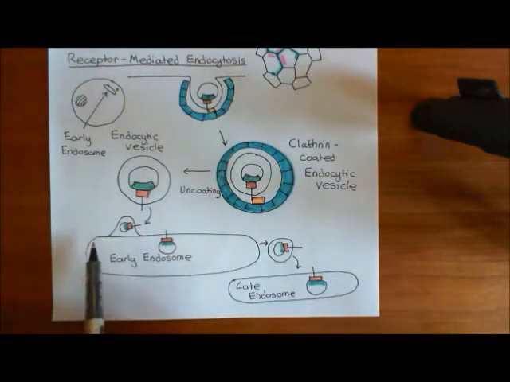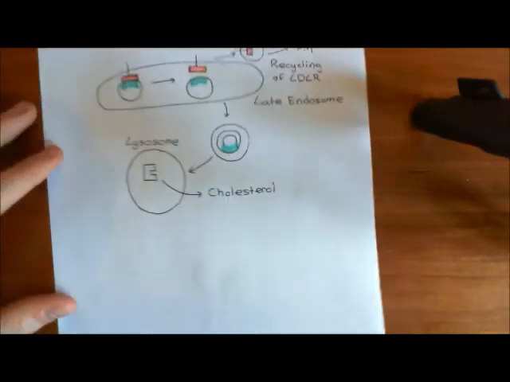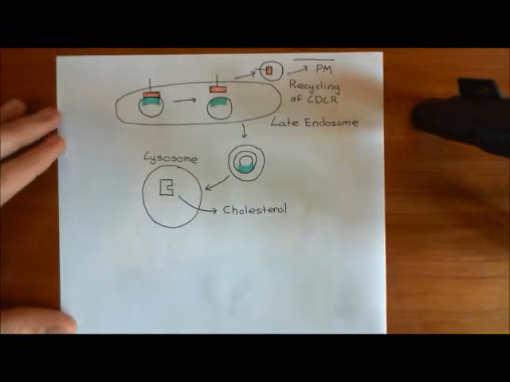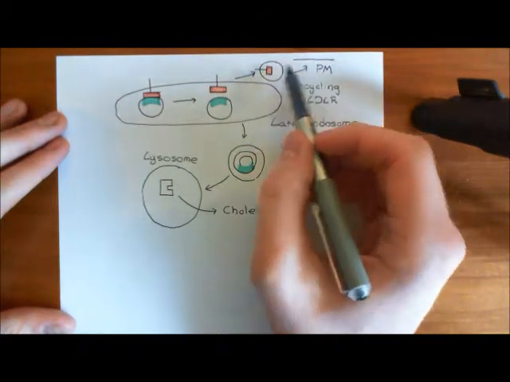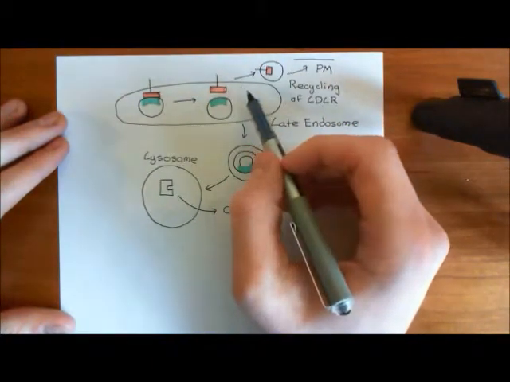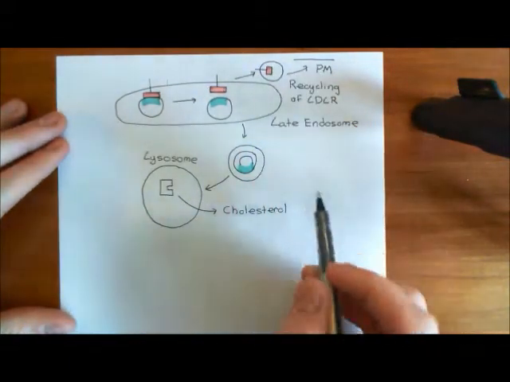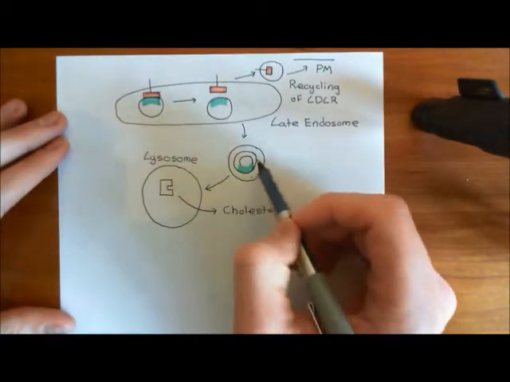It doesn't remain in the early endosome for very long. It's then trafficked to the late endosome, again by another vesicle, which is pinched off the early endosome membrane. In the late endosome, you have a very acidic pH within the lumen, which causes the LDL receptor and the LDL to break apart. The LDL receptor is then recycled to the plasma membrane. You pinch off vesicles from the late endosome and rescue the LDL receptor, taking it back via another vesicle to the plasma membrane. Meanwhile, the LDL molecules also get pinched off into another vesicle, which then goes to